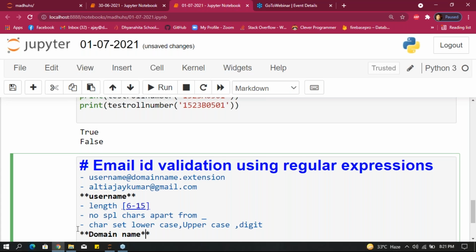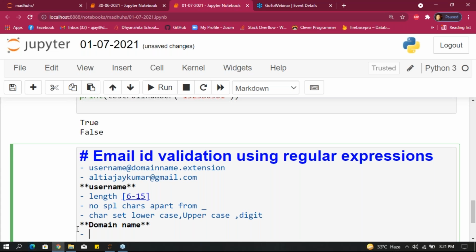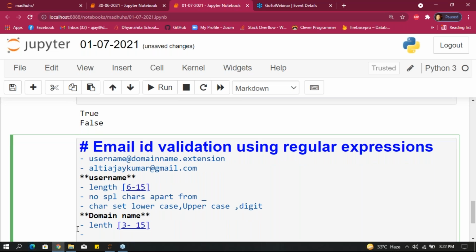Domain name, what will we do? Length, for example, I'm taking comma 15. Same, I'm taking 15. Length, and no special characters.